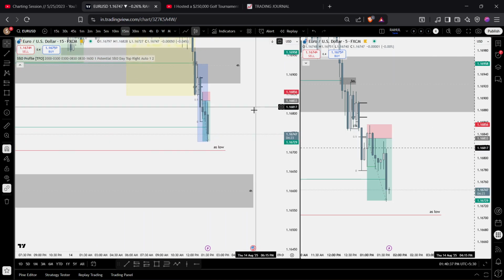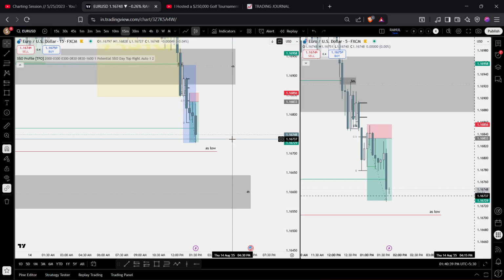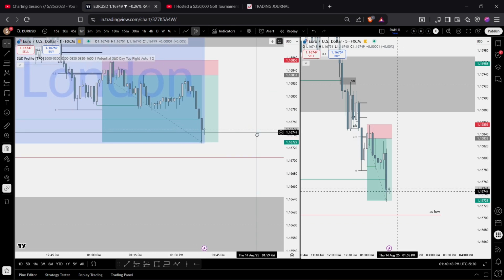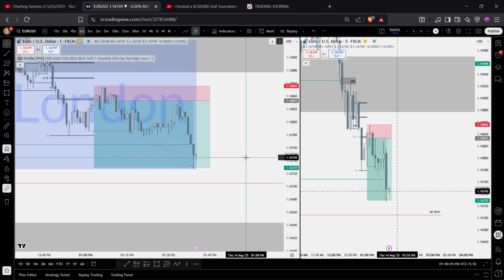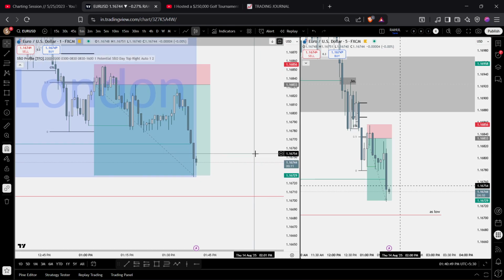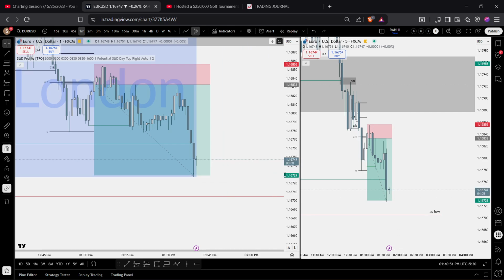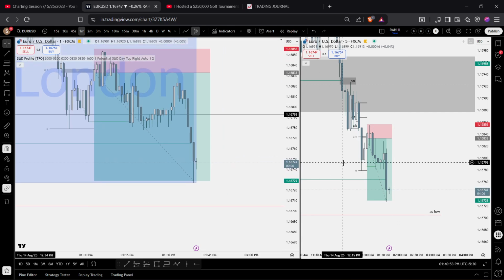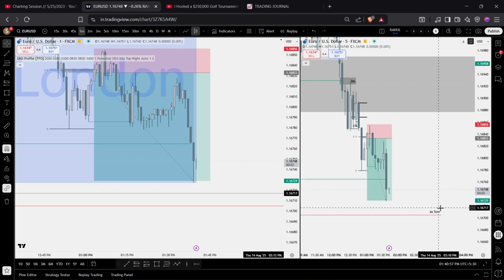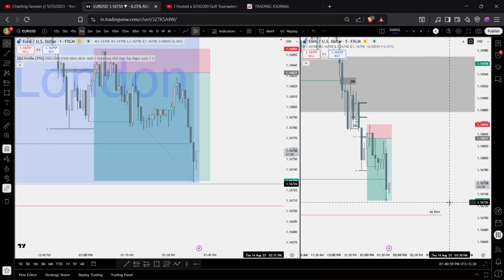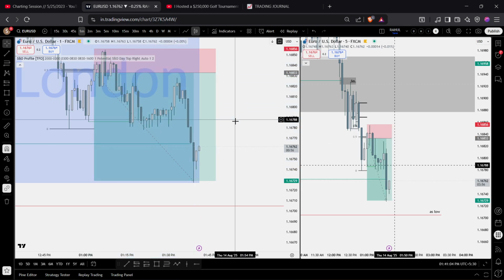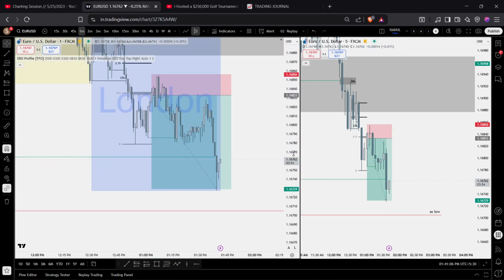So now there is very little chance that it doesn't go and take this low. Let me see what I can do. I think I'll just keep it running, but I can close it also. What should I do? Let me see this 5 minute. We got a nice closure below this low. Okay, I'm going to close the trade. So, yes, that's it for this video.